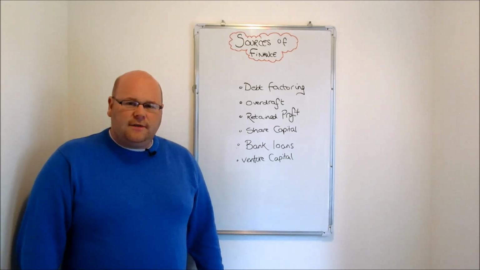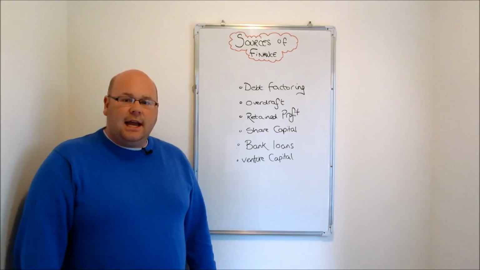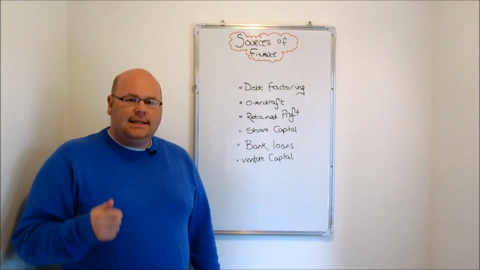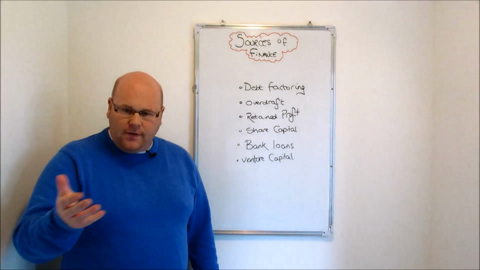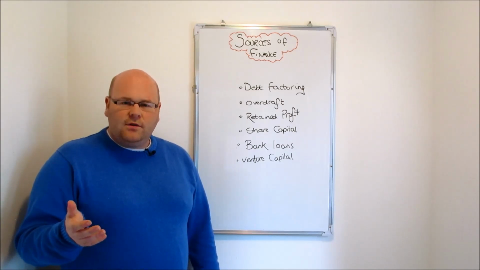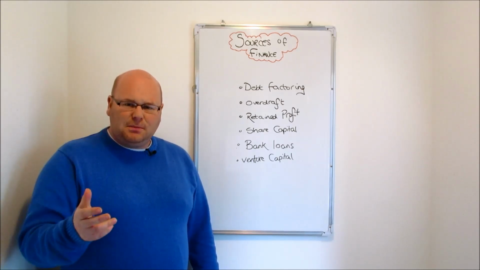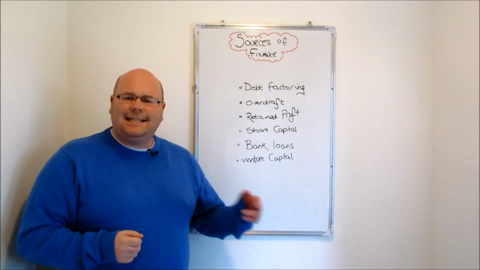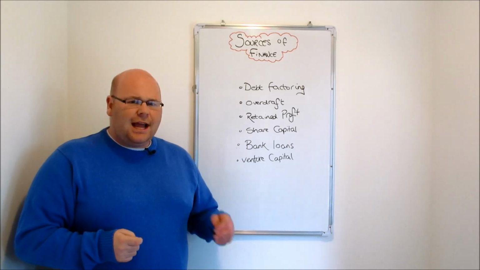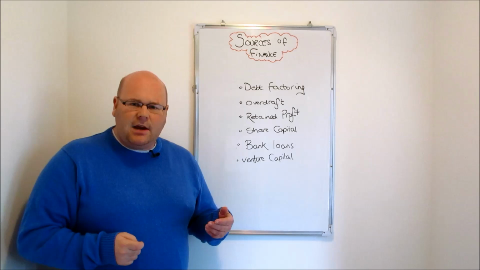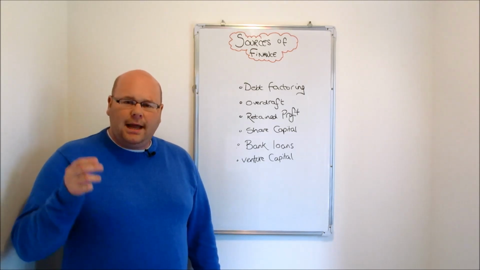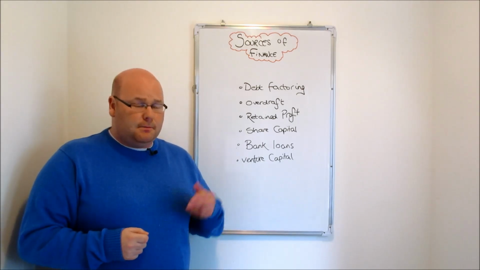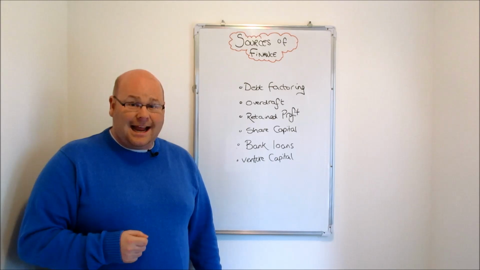A short-term source of finance that often bails businesses out is what's known as an overdraft. Now, an overdraft is a facility that businesses can arrange with their banks, so they have it on their bank accounts. And essentially what an overdraft allows a firm to do is to spend even when they have run out of money. So an overdraft is almost like an extension onto your bank account, so that as your bank account almost reaches zero and you don't have any funds left in there anymore, if you've arranged what's called an overdraft facility, the bank will allow you to spend beyond the money that you've got in your bank account up to